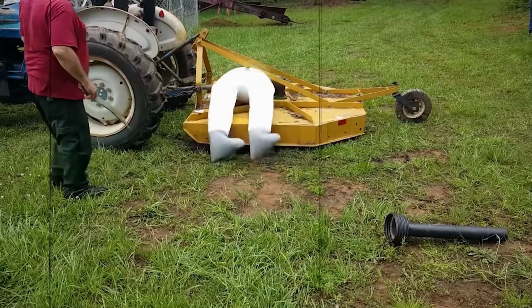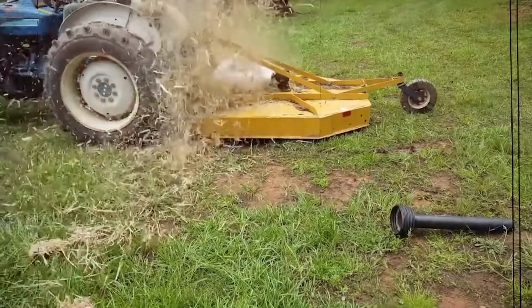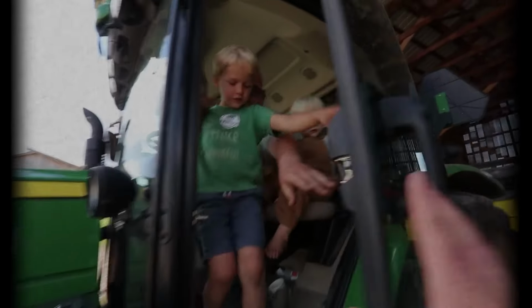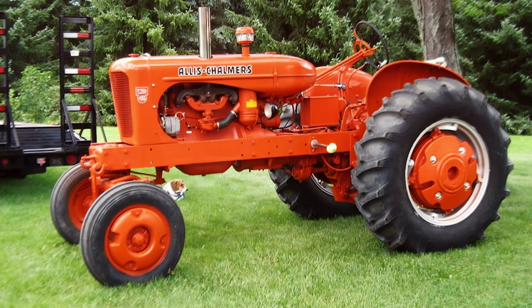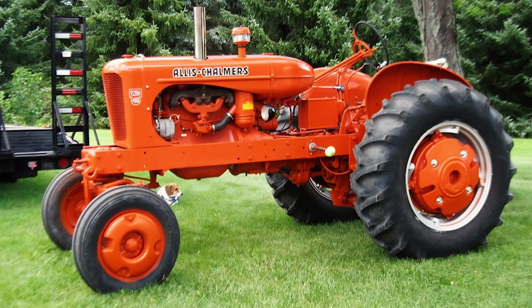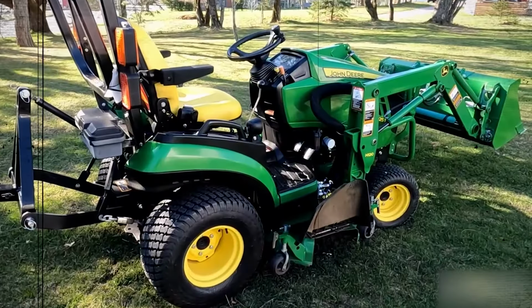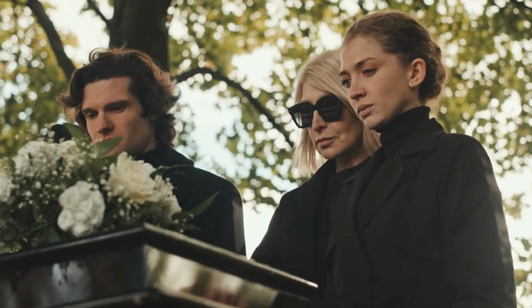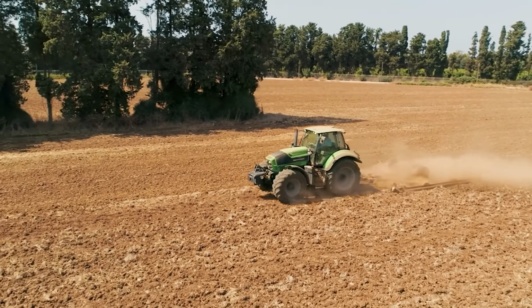From exposed power shafts that grabbed clothing in milliseconds, to rollover risks that crushed operators, from extra rider seats that threw children into wheels, to exhaust systems that turned routine mowing into infernos. These aren't just design flaws. These are features that killed farmers, maimed workers, and destroyed families until regulations, retrofits, and industry pressure finally eliminated them